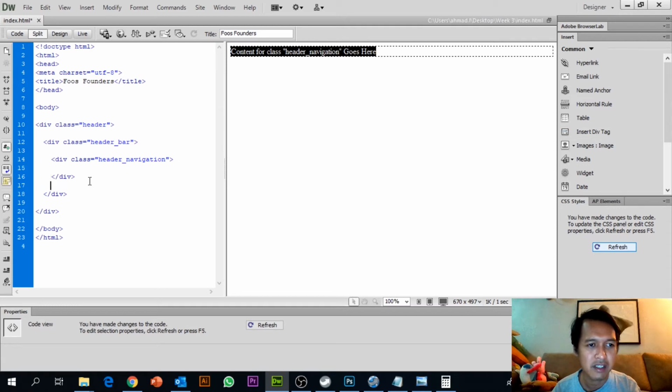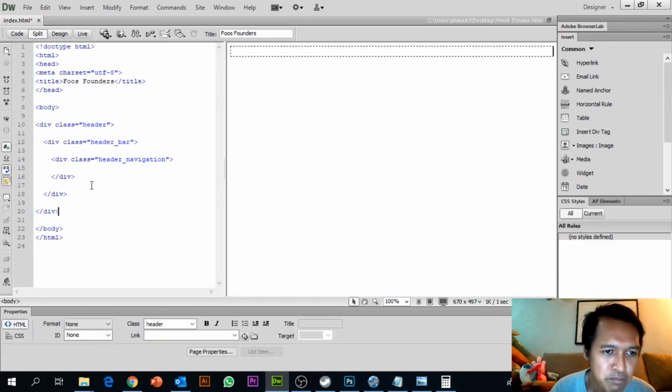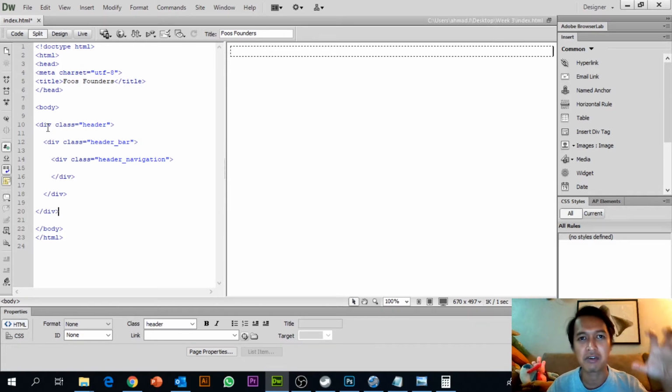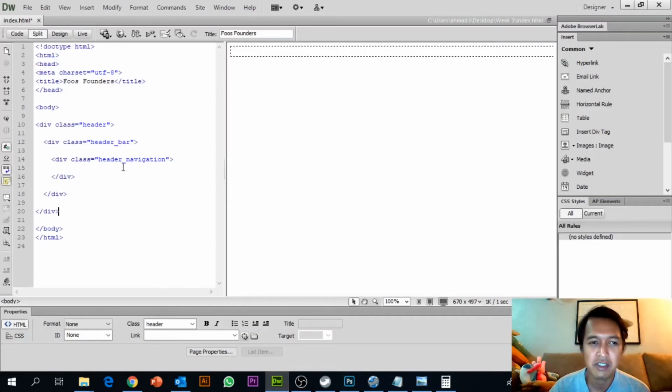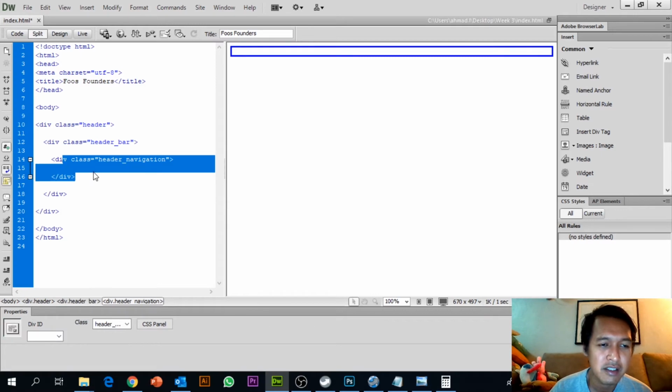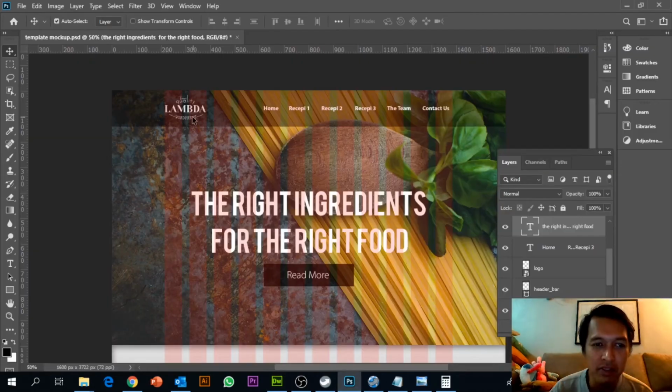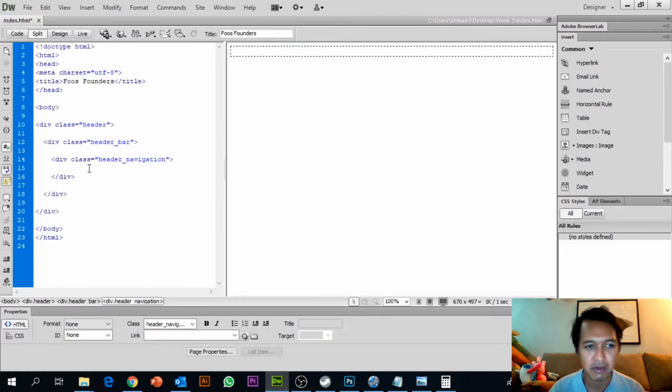Inside the header navigation, I'm just starting to develop my boxes. From the biggest box, to smaller boxes, and smaller boxes. That's what we want to do: think of the website design as boxes. It's just a matter of composition of boxes. So in the header navigation there will be two more elements, which are the logo and the nav. So I'm going to put over here